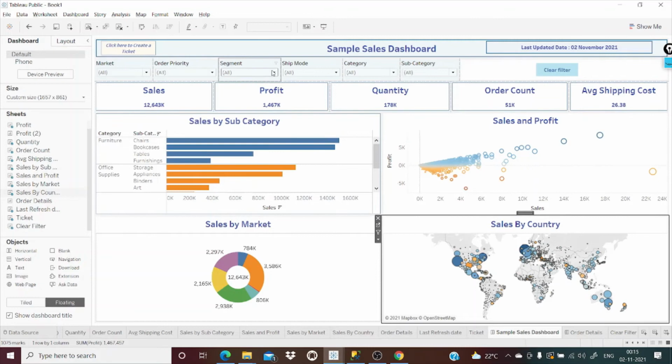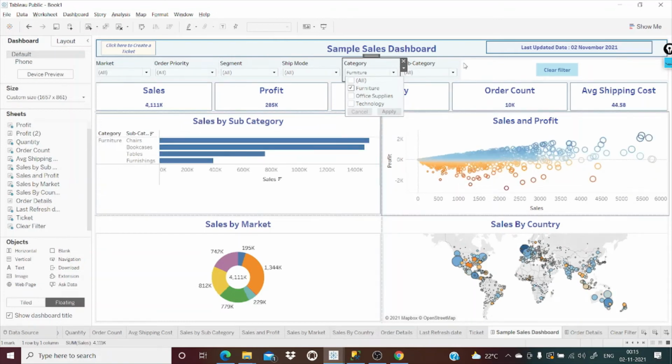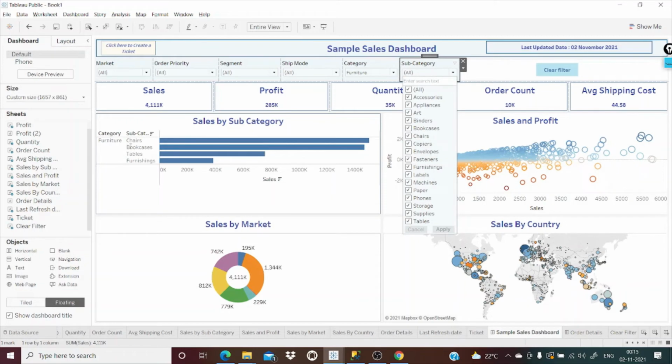Then there is one more thing. Now comes category and subcategory. This is something I had kept aside to explain. Suppose the user clicks on furniture, apply. Now the user wants to select chairs, bookcases, tables and furnishings. See what is happening. It is not showing the relevant data at the subcategory level.